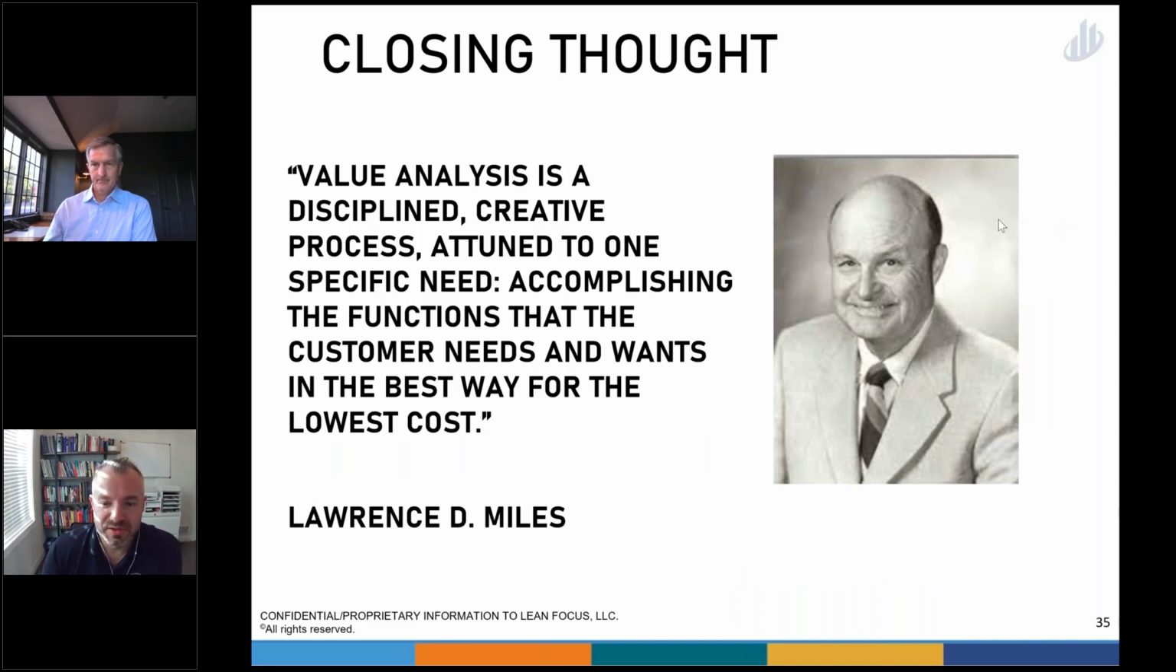Now, I'll leave you with this closing thought, from the man himself, Larry Miles: Value analysis is a disciplined, creative process attuned to one specific need, accomplishing the functions that the customer needs and wants in the best way for the lowest